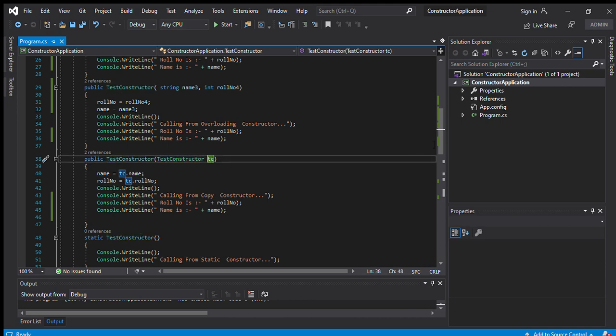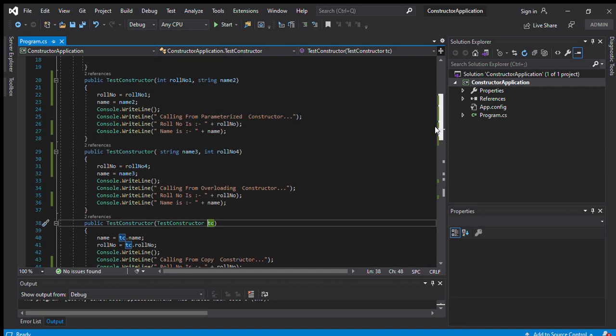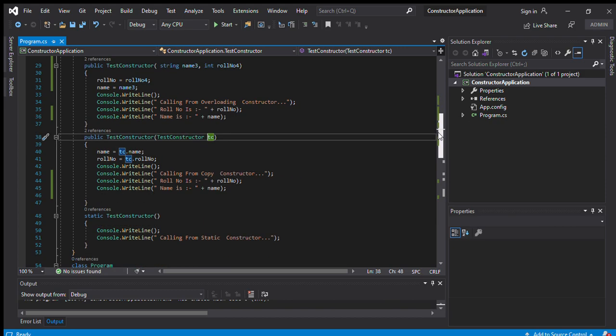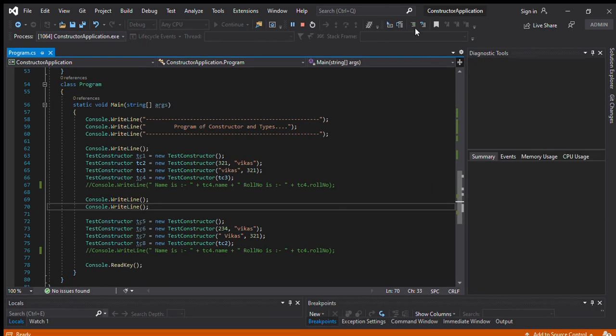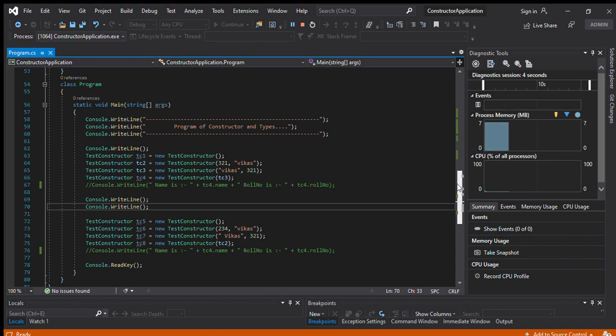Here we saw the default constructor, parameterized constructor, overloaded constructor, and copy constructor. These four types of constructors we have completed. Now see what the output will be here also. And the last one is the